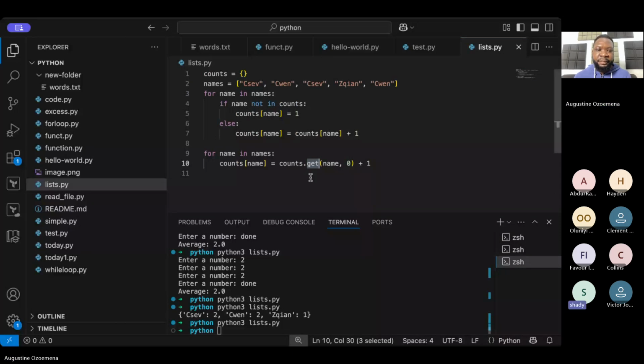Yeah. And then we have a different kind of list. That's the third kind of data structure. They are called tuples. They are sort of like a list, but